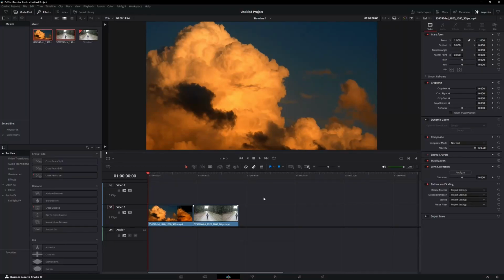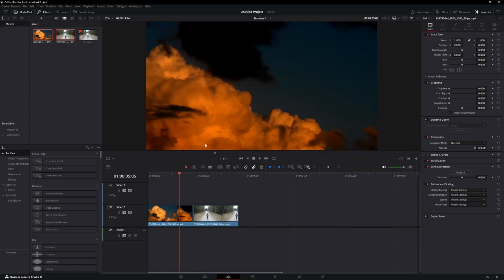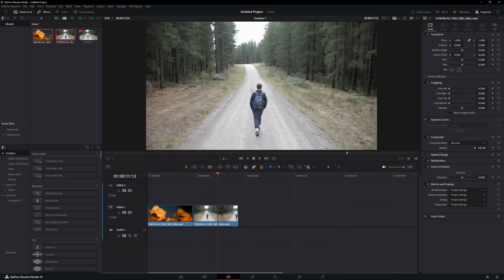In this video, I'll show you how to copy and paste color grading from one clip to another in DaVinci Resolve. Start by making sure both of your clips are already in the timeline. In this example, I'll apply the color grade from a cloudy sky video to a shot of a man walking